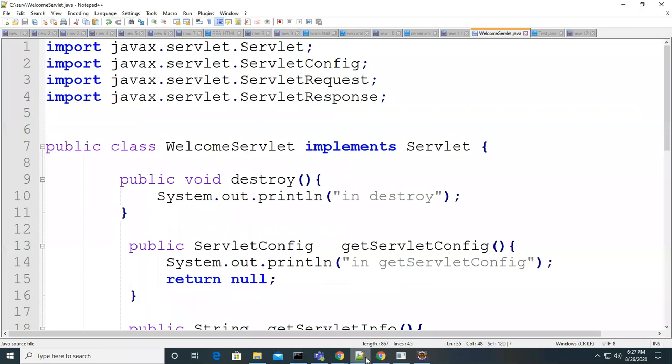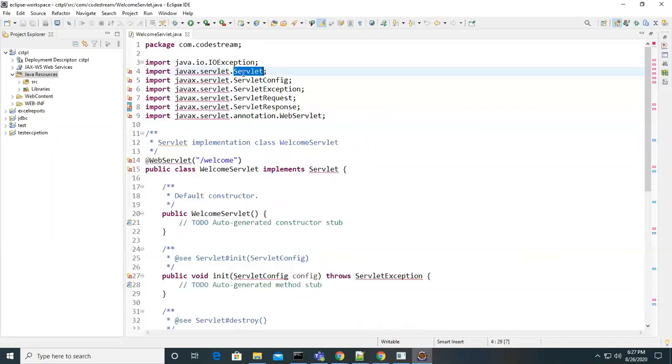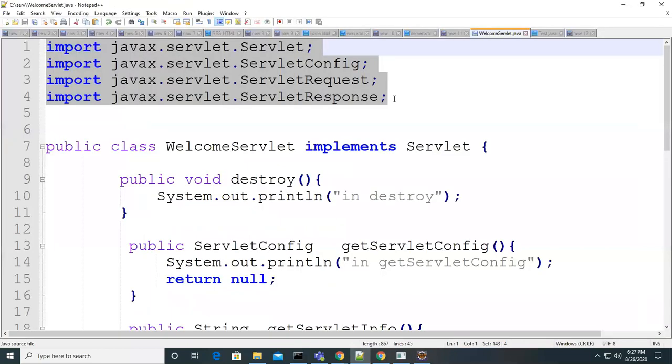We already used them on the first day itself. We are not getting an error for this import, but we are getting an error for this import. What is the problem? At least talk about this problem.